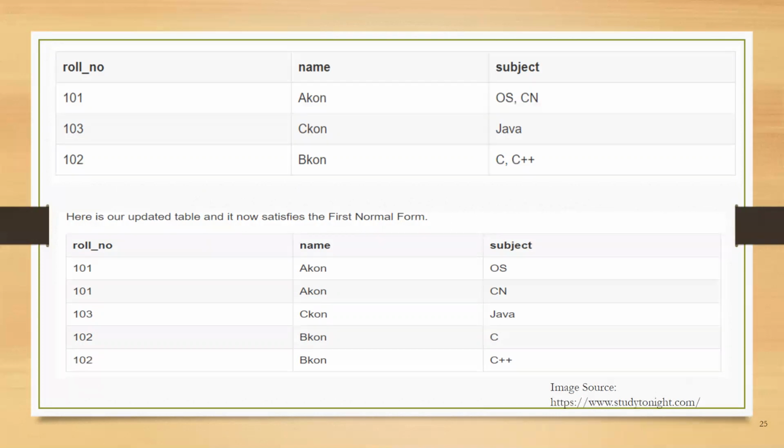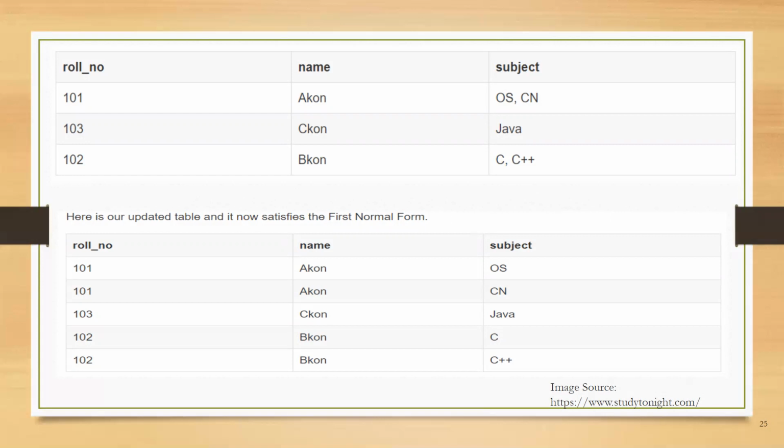But out of the three students in our table, two have opted for more than one subject, that is Akin and Bakin. So we have stored the subject names in a single column. But as per the first normal form, each column must contain an atomic value, that is nothing but a single value.